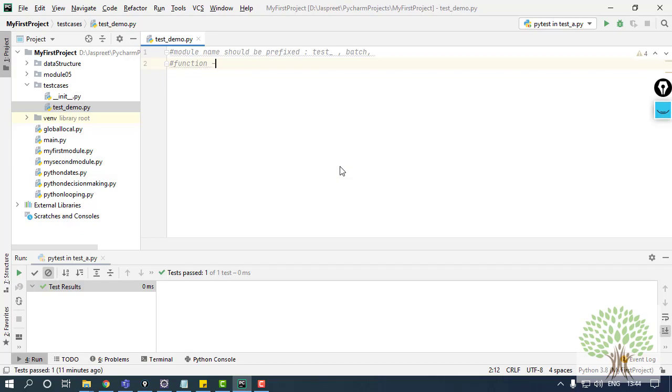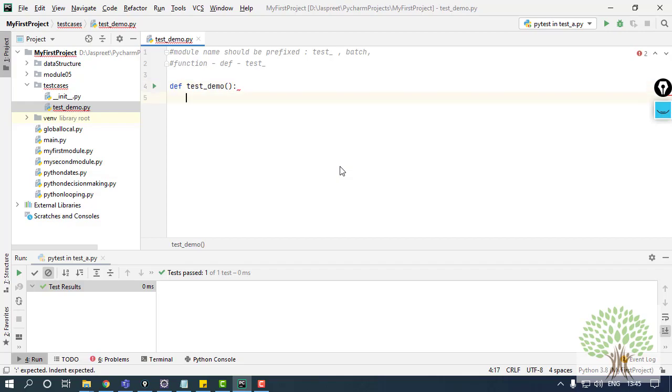So remember the way we make functions, by using def and the function name. The same thing is going to happen in the test case as well. The only difference is you need to prefix test before the name as you have done in the modules. So what kind of structure will your test case look like: def test underscore demo.